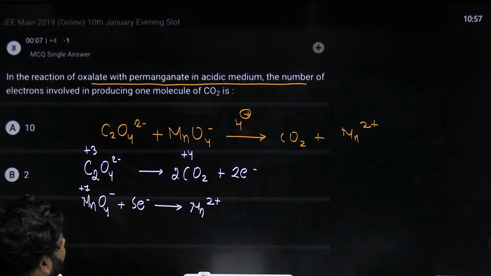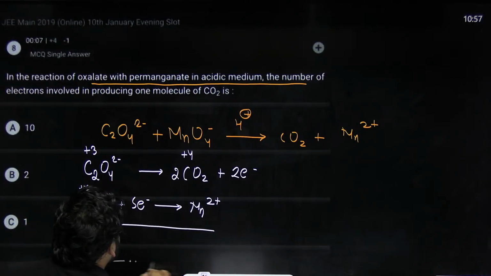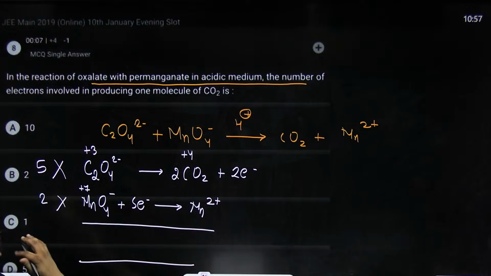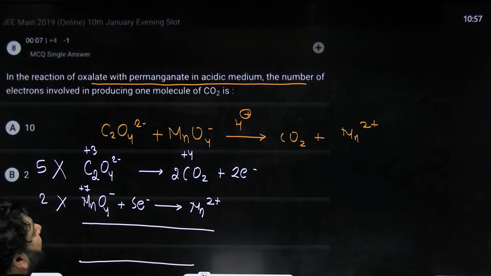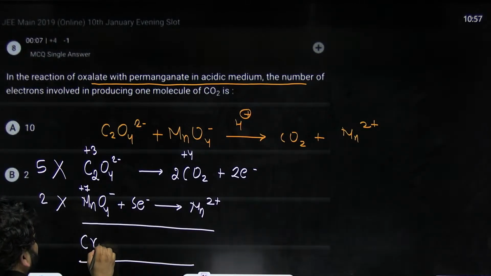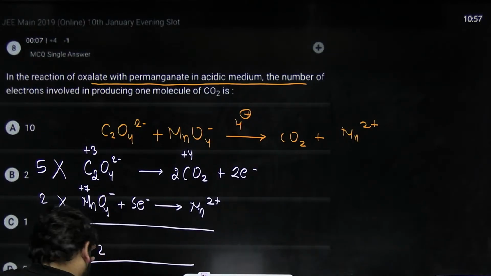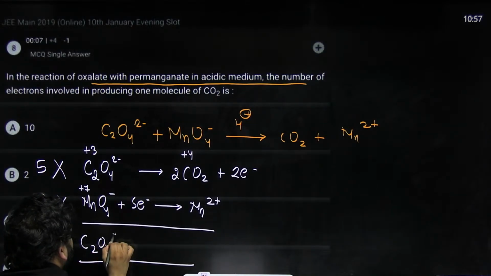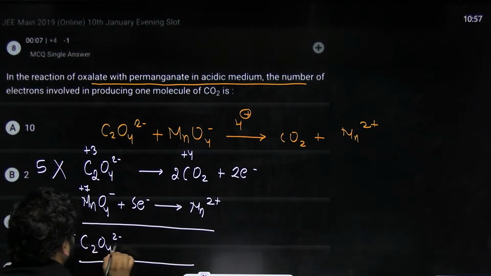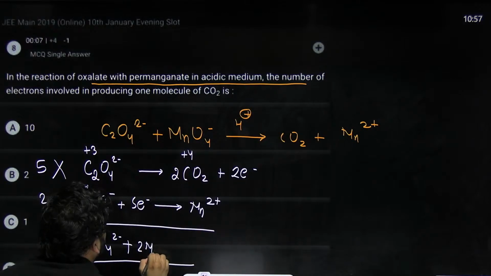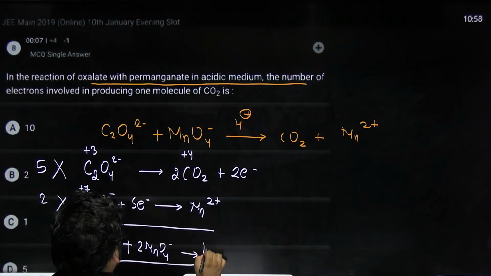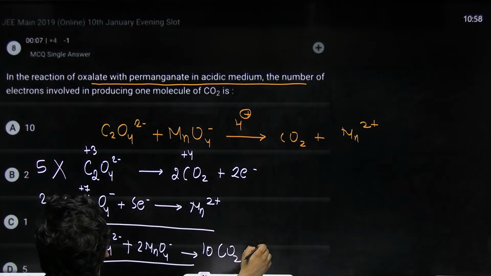But this is not balanced from the electronic point of view, so we will multiply the above reaction with 5 and this reaction with 2, and then we get a total of 10 electrons involved, with 5 C2O4 2- plus 2 MnO4- gives you 10 CO2 plus